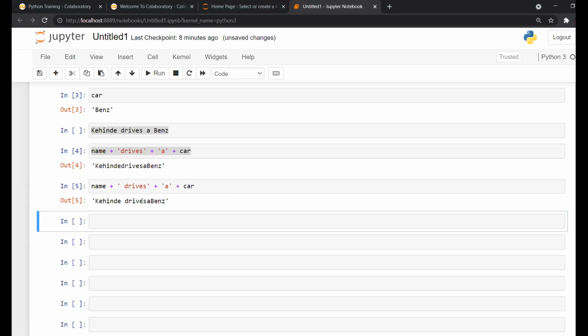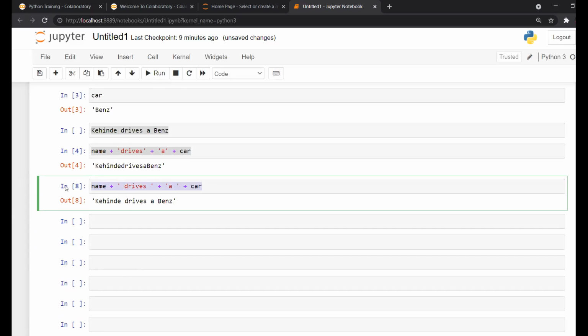So if I want to do a and drives, I can either come here and say this, right? And then if I run this, for example, you can see there's a difference. If I did not click on this, I can still come here and put a space here, and if I run this, you can see we still have the space. I can come here and put the space in here, and if I run this, you can see Kende drives events. So you can see I've done that without using a